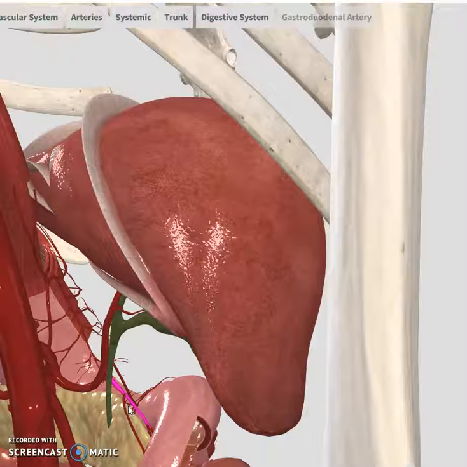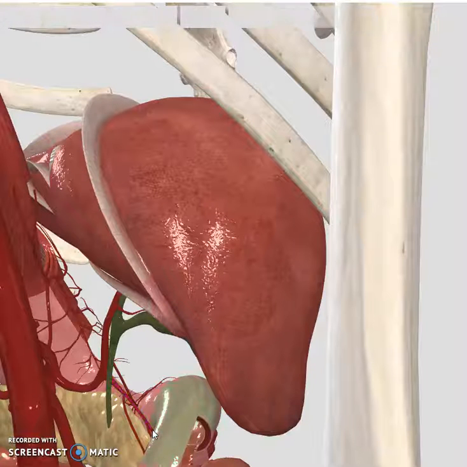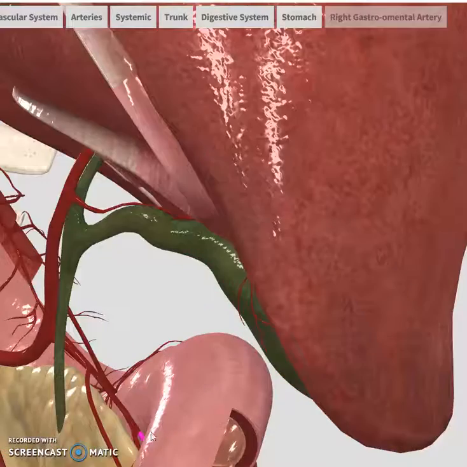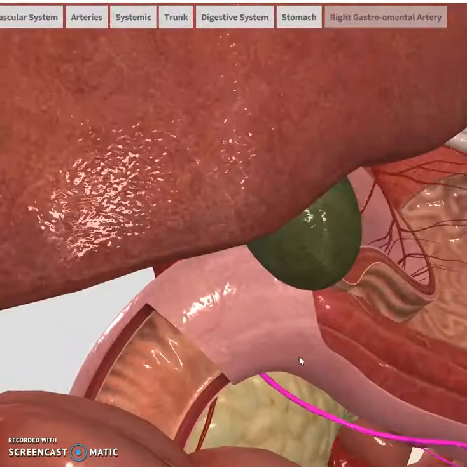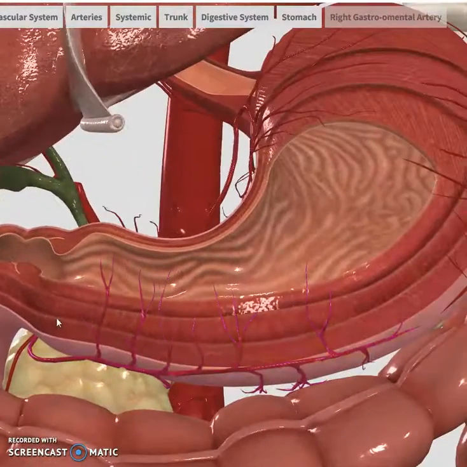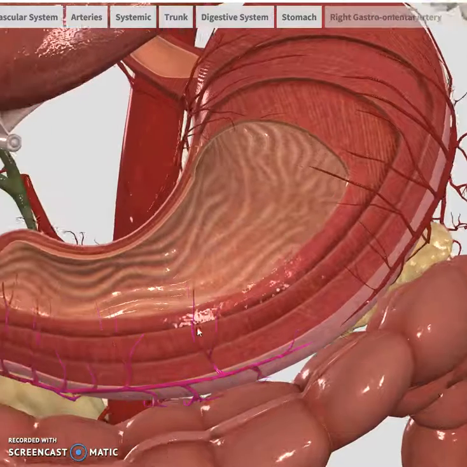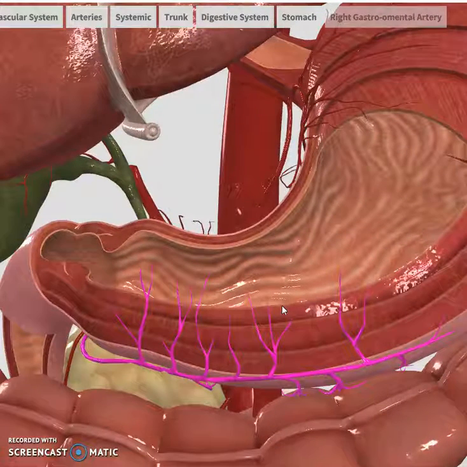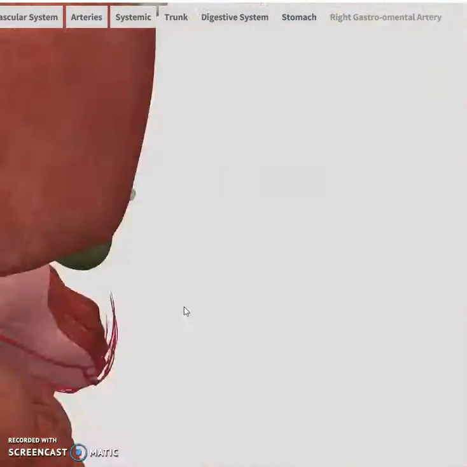Okay, this is the gastroduodenal, and this gastroduodenal will give rise to the right gastroepiploic artery, the one that I have highlighted here. This right gastroepiploic artery is going to form the anastomosis with the left gastroepiploic artery. So remember, the right gastroepiploic artery is part of the gastroduodenal artery, and the second branch of this gastroduodenal artery is